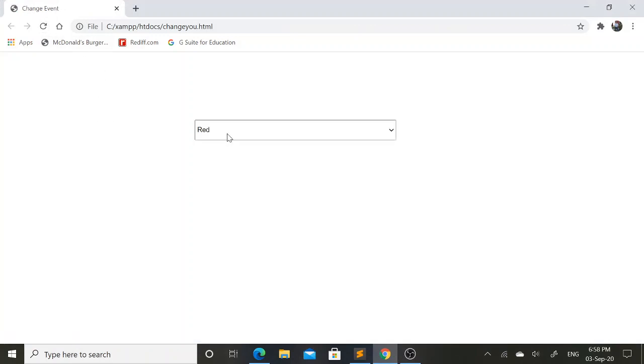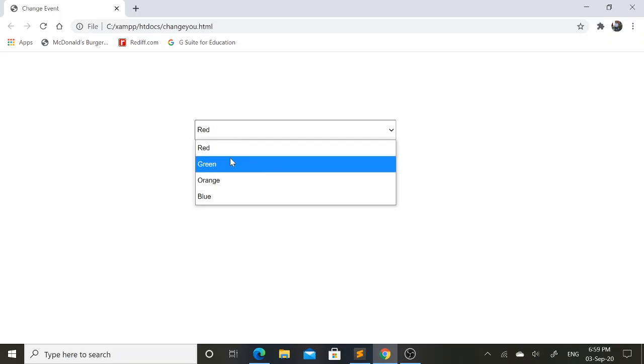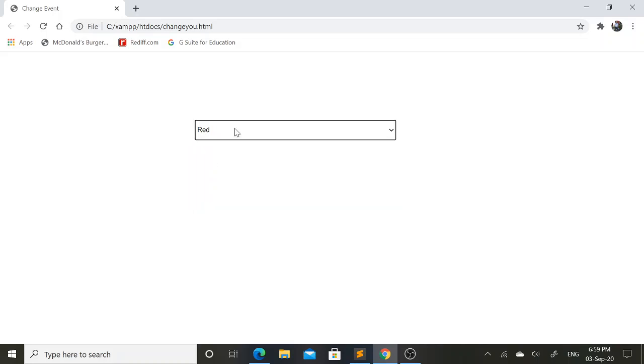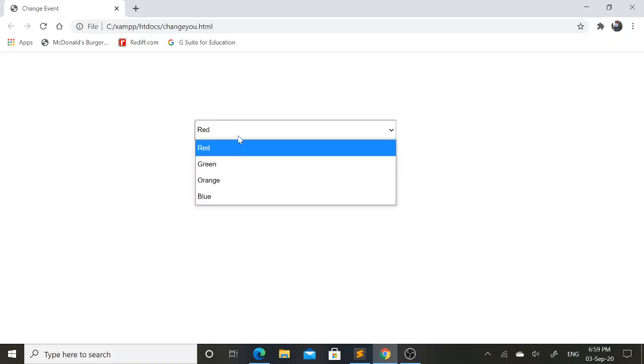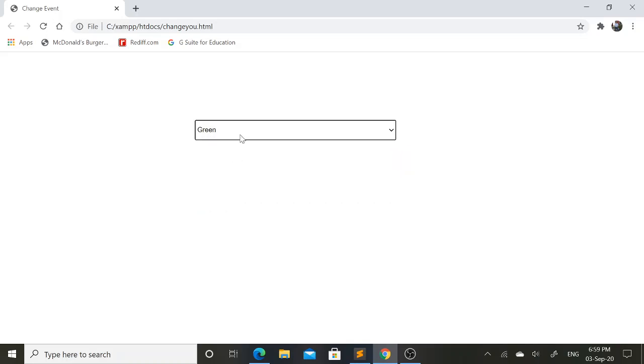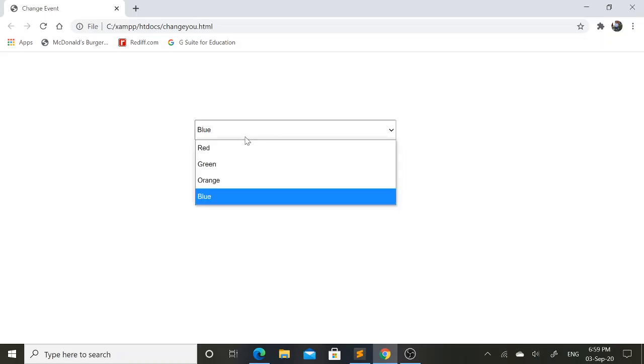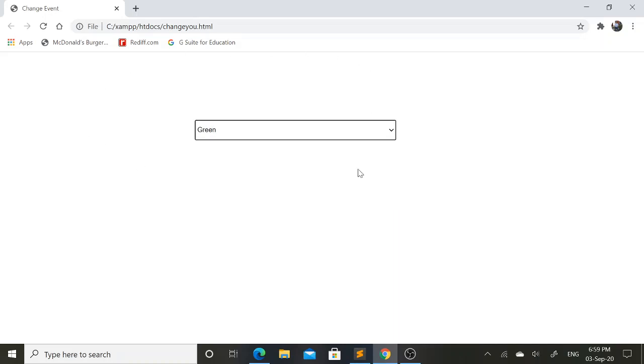So this is drop down list which I have created, and it contains 4 different colors option. First one is red, second one is green, third one is orange, and last one is blue. So what I want to implement, whatever the selection I will make, this background color of web page will change according to the color that I will select in the drop down list.